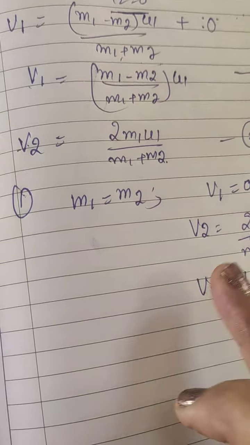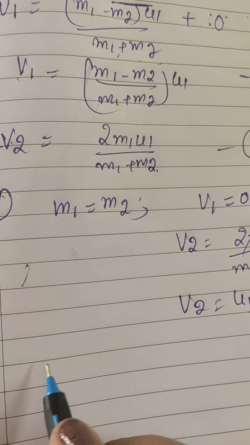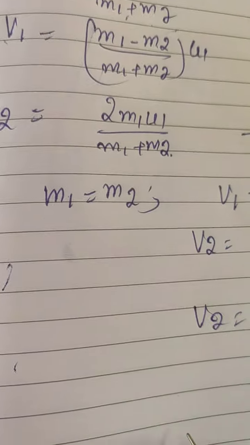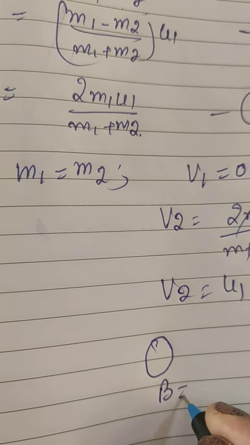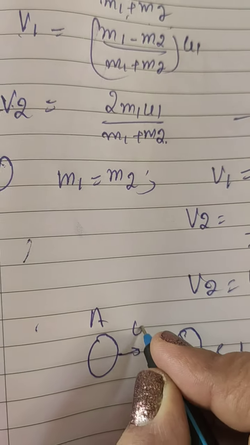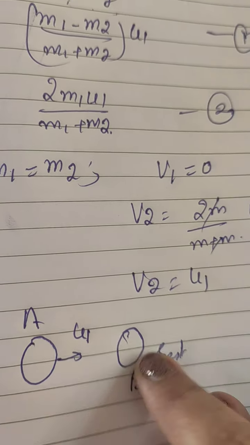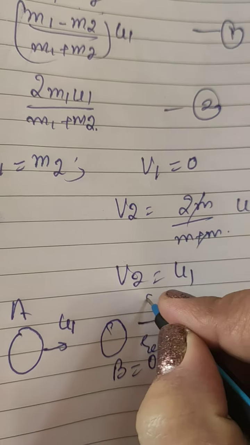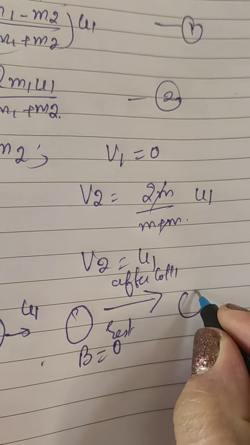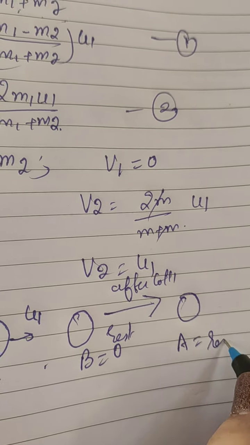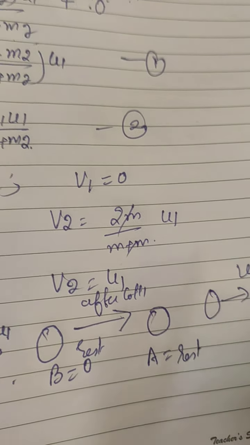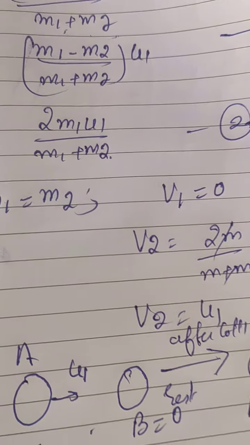It shows that when the target body B is at rest, and body A is moving with velocity u1, and it is made to collide, then after collision, what will happen? After collision, body A will come to rest, while body B will start moving with the velocity of body A. The next case is,